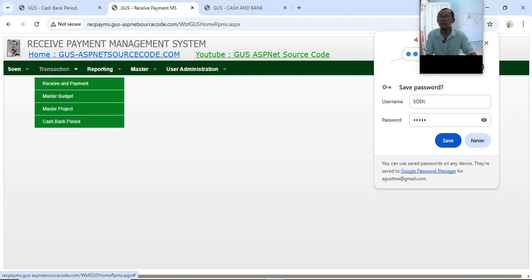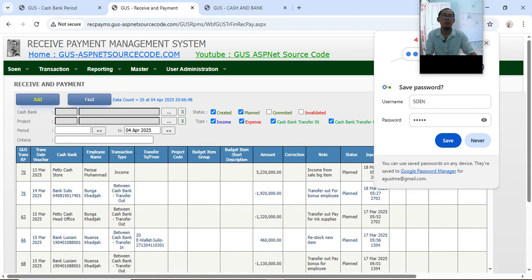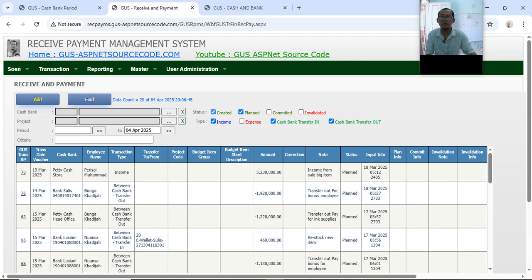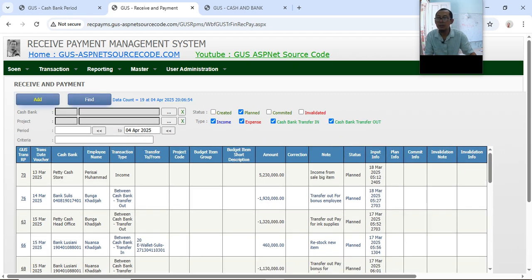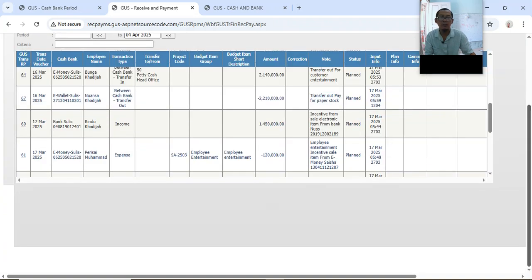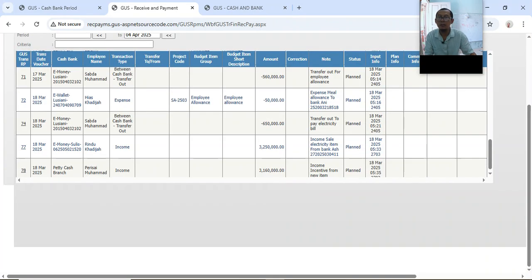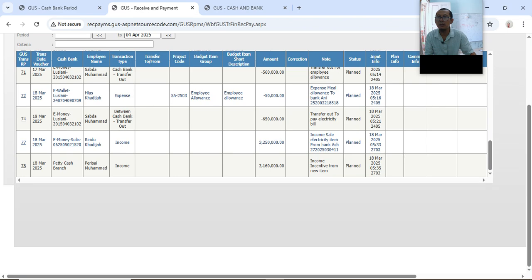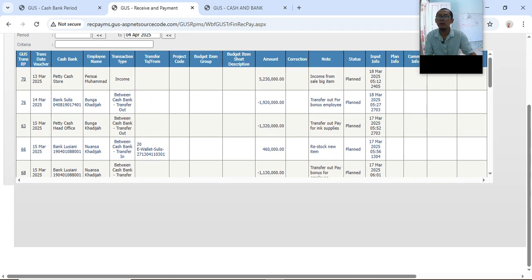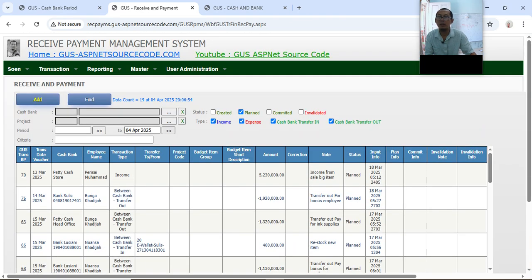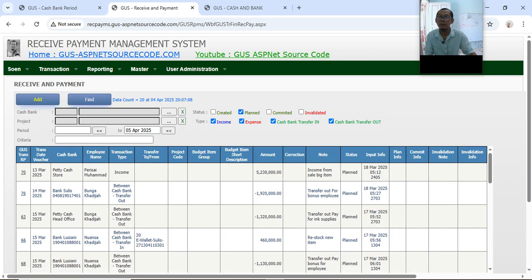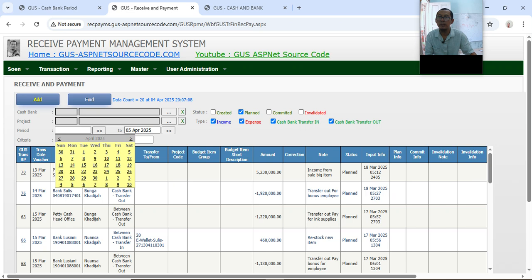And now let's see our cash bank transaction. Where is our period?